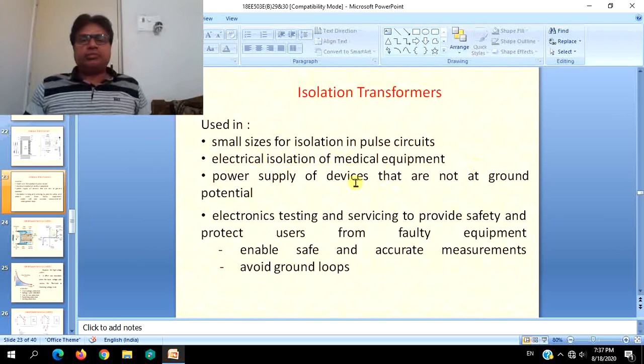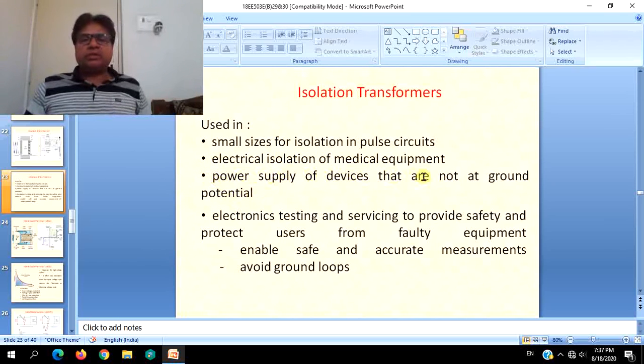Electrical isolation of medical equipment. Mainly medical equipment is based on electrical aspects and also electronic aspects, so every protection has to be taken. Medical equipment is always handled by human operators most of the time, and many, including the operators and patients, will be coming into contact with the medical equipment. So it is a hazardous environment. A compulsory electrical isolation has to be provided. So an isolation transformer will work as electrical isolation of medical equipment.